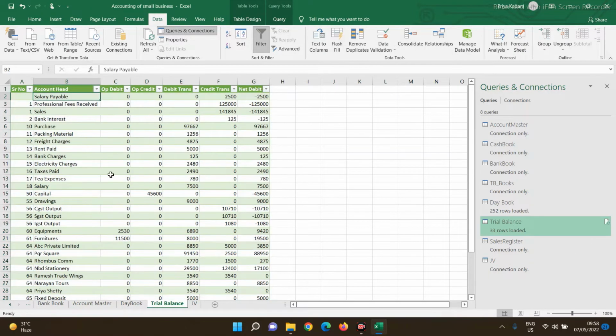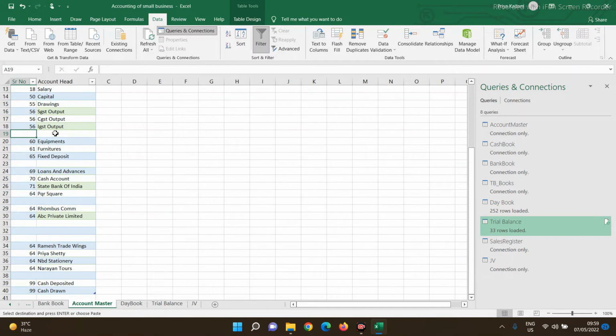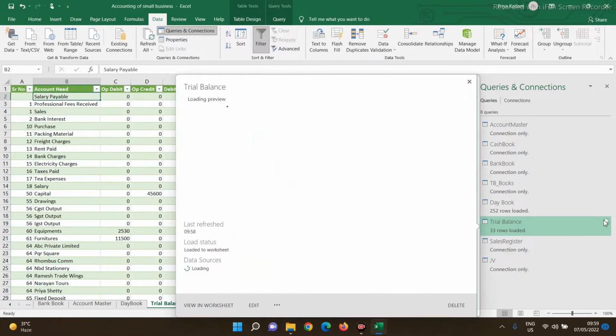It is appearing as a separate head without a serial number, as we did not have this account. It's a new account. So I'll copy this account and add it, and I give 57 as a serial number. If I refresh this trial balance again,